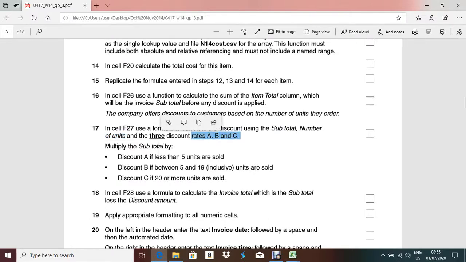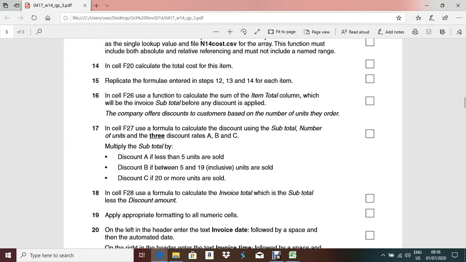So how can we understand what type of formula we have to use? Multiply the subtotal by the discount if less than 5 units. You have to multiply with the subtotal every time. Here a lot of if conditions are given, which means we have to use a nested IF. An IF condition has a syntax. The easy and simple format is that first you write equal to IF, and then you write the condition.